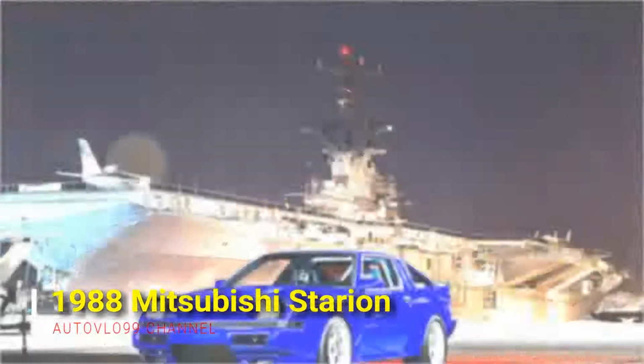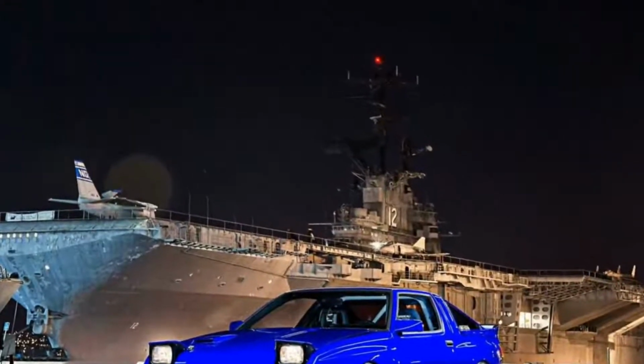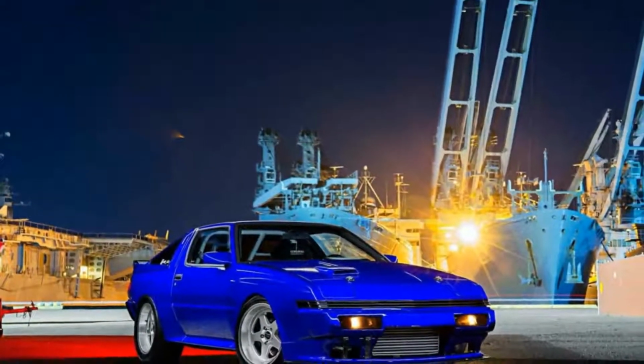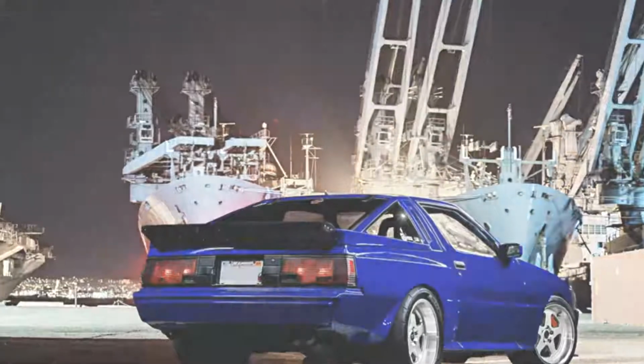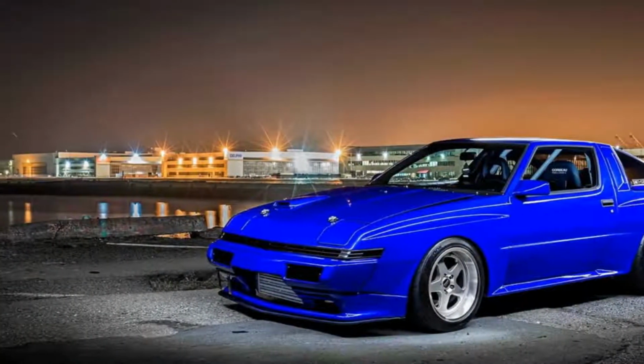Eventually, Diego grew up, saved enough money, and found a Starion on Craigslist. It was black, and he fell in love with the whole experience. But one night in the rain, he abruptly wrecked his first project car. He didn't lose hope, as this misfortune led him to search for a new canvas, which eventually became the blue